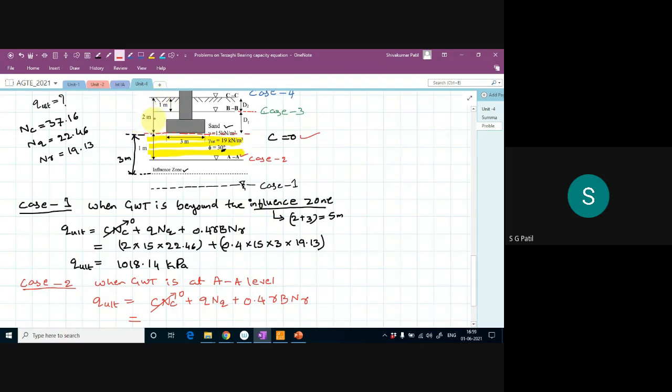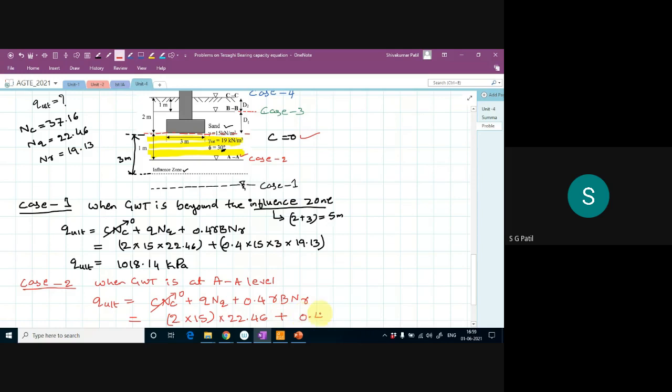So 2 meter is your depth of footing, 2 into your bulk unit weight. I have to take the bulk unit weight because the water table is much below your footing level. So 2 into 15 into Nq, Nq is 22.46, plus